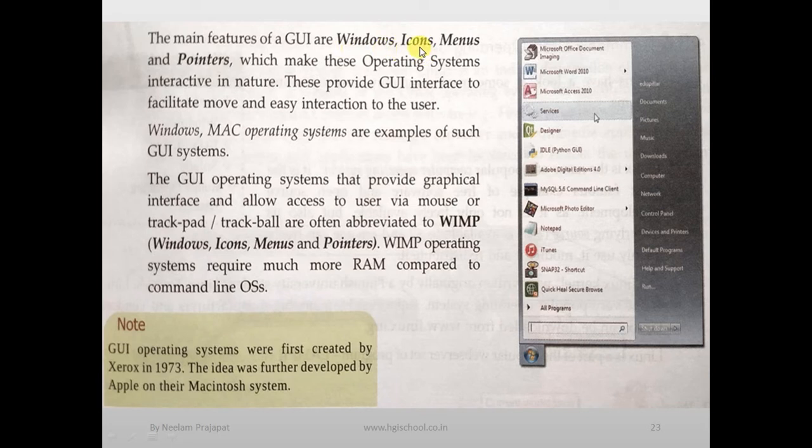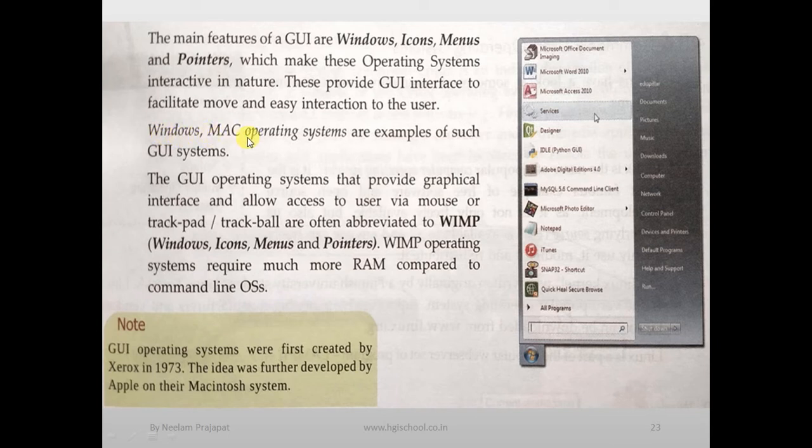All these four things are required so that a GUI can be made interactive. These provide the GUI interface to facilitate movement and easy interaction for the user, and because of WIMP, the GUI interface helps us move and easily interact with the PC.